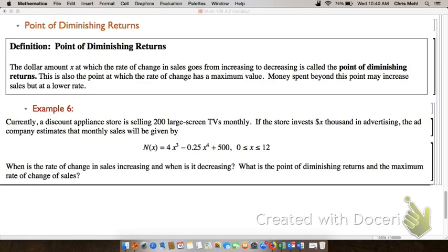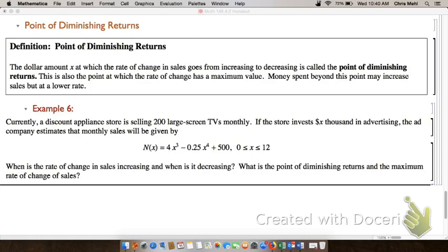Okay, so now, final example, an application problem. We're going to talk about the point of diminishing returns. We're going to be talking about a function that gives us the monthly sales based on an investment of x thousand dollars in advertising. The definition of the point of diminishing returns is the dollar amount x at which the rate of change in sales, so the derivative of sales, goes from increasing to decreasing,